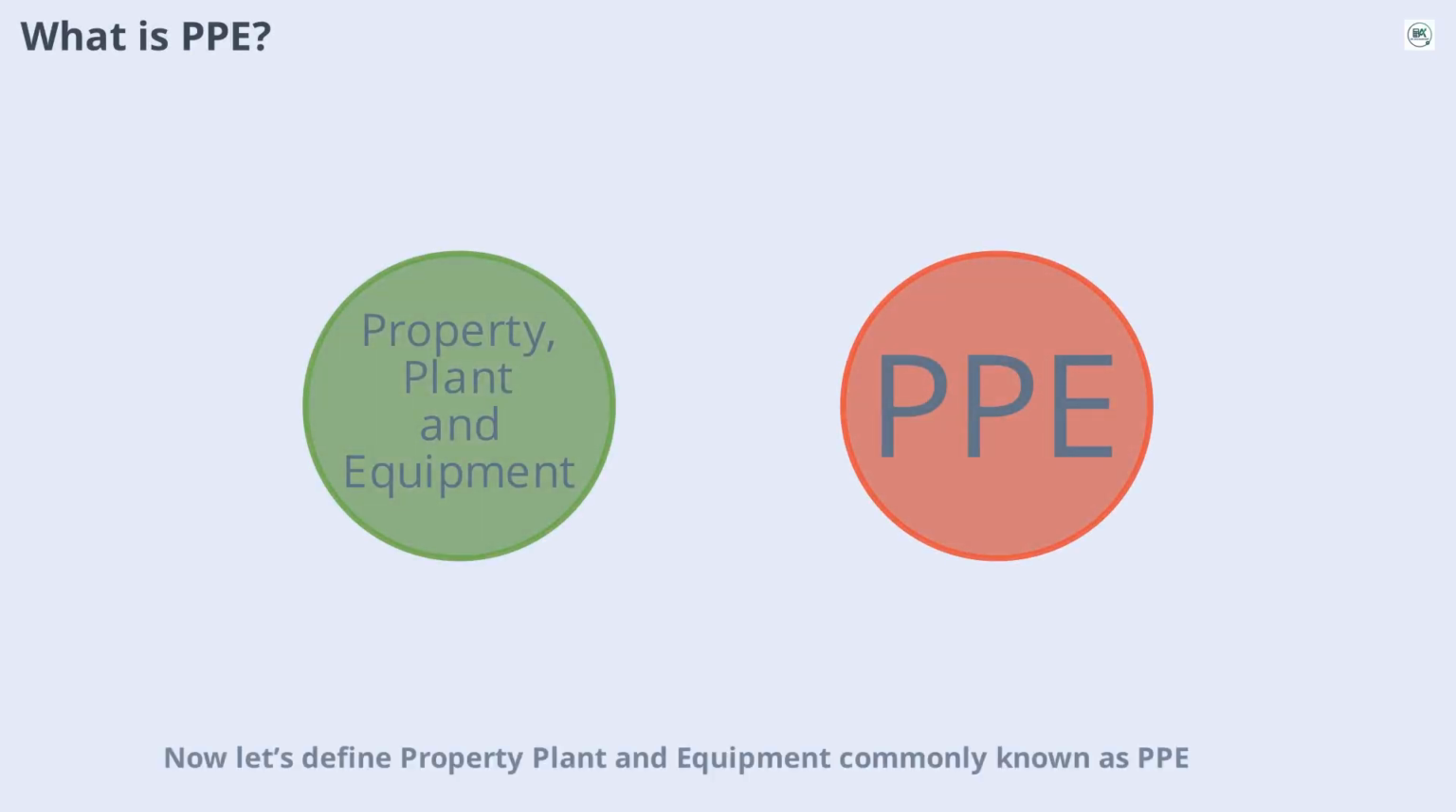Now let's define property, plant, and equipment, commonly known as PPE. According to IAS 16, PPE are tangible items that are held for use in the production or supply of goods or services, for rental to others or for administrative purposes, and are expected to be used during more than one period. This means PPE includes things like buildings, machinery, vehicles, and office equipment, assets that help a business operate and